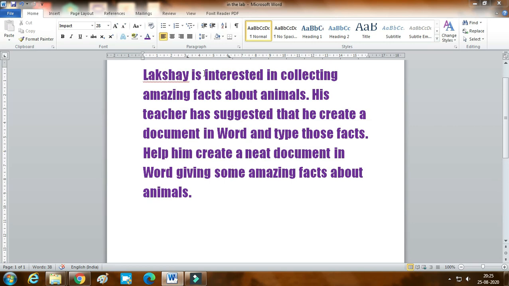To select to the left of the cursor, hold down the shift key and the left arrow. A single letter is selected. The same way, hold down the shift key and press the right arrow. We get the character on the right side selected.